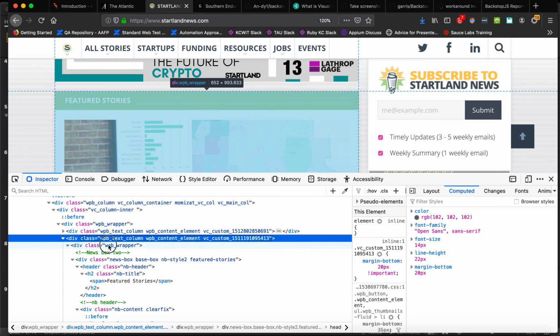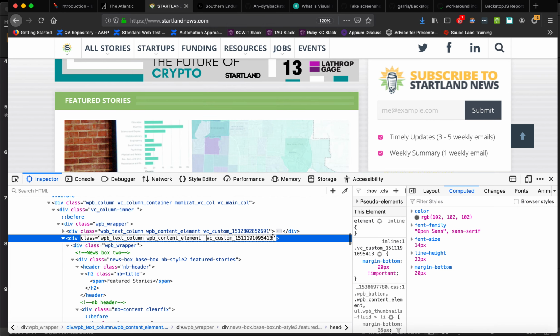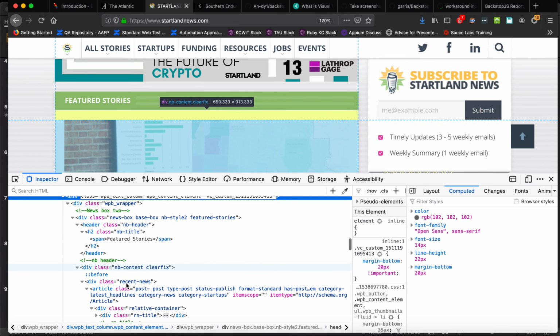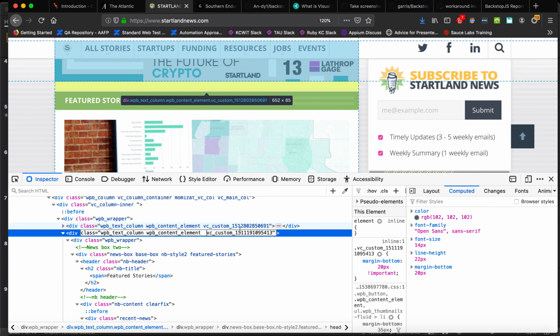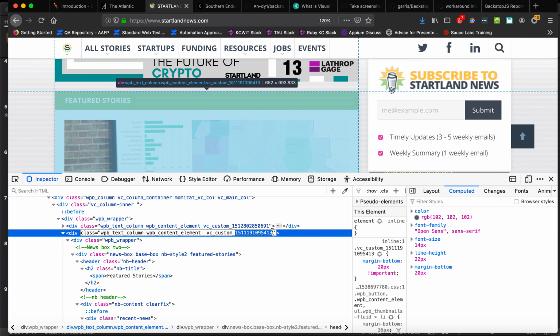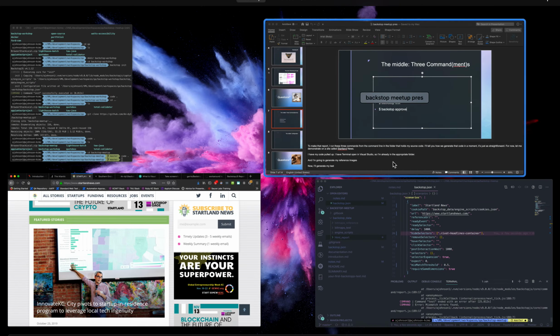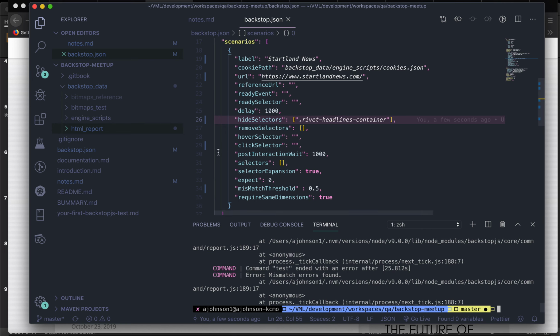And it's a little bit challenging. This looks like a WordPress site, with some strange custom class name here. So it is a bit challenging maybe to identify just this one. It would be kind of a trial and error. This looks generated to me, so again, you get an intuition for what might be good, what might not work so well. This might be brittle. I would want to refresh the page and see if these numbers change. But the way you would do that is let's pretend that the class name on that featured story section is just featured-stories. Instead of hiding a selector, what I could do